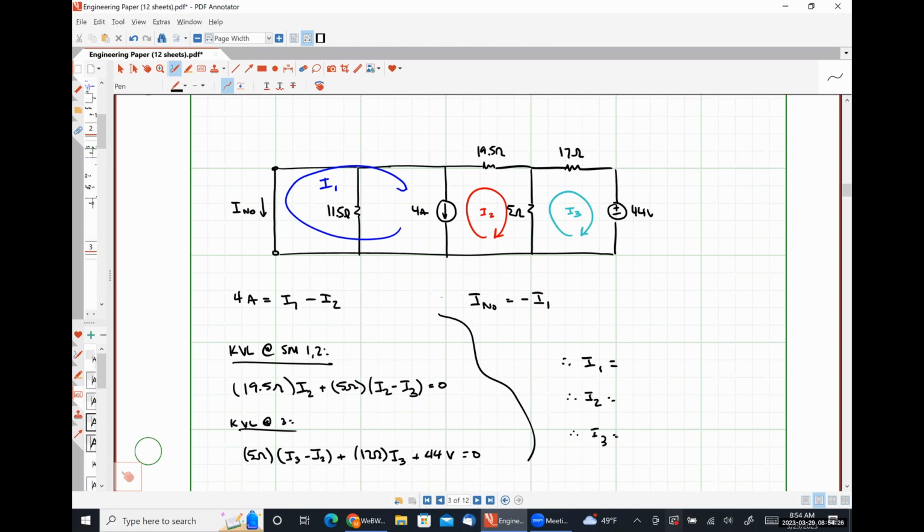In my second equation, my coefficient for I1 is 0, my coefficient for I2 is 19.5 plus 5. My coefficient for I3 is -5, my constant term is 0. In my third equation, my coefficient for I1 is 0, my coefficient for I2 is -5. Coefficient for I3 is 5 plus 17. My constant term is -44. Solving, I get